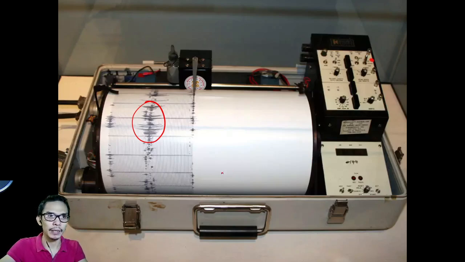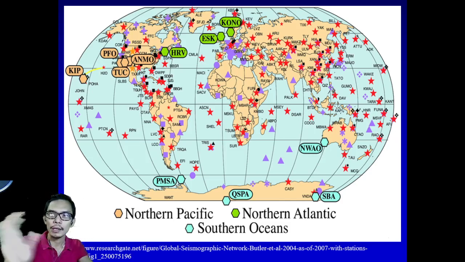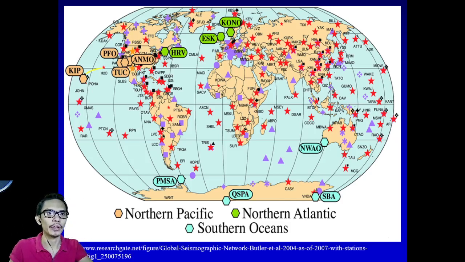In some places, that is the importance of your seismograph. The seismograph is a very important tool for geologists. This is one of their handy tools. And how many of these seismographs are placed all throughout the planet? There are a lot of seismographs placed